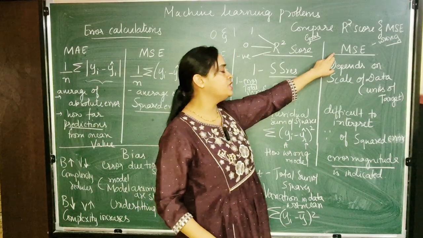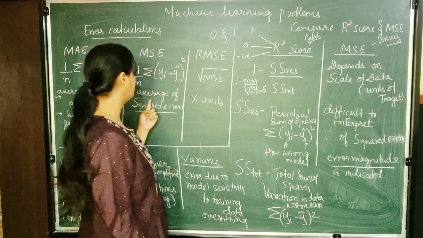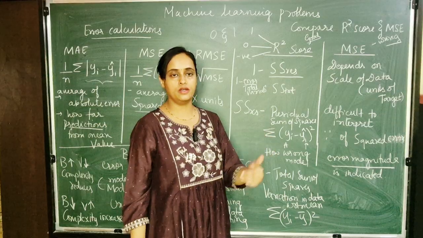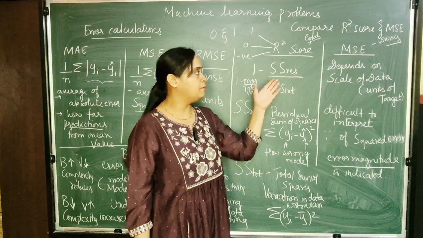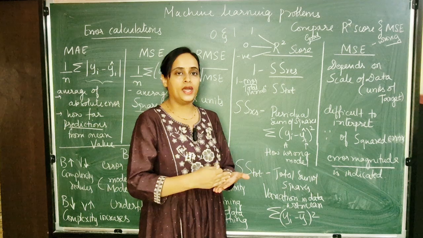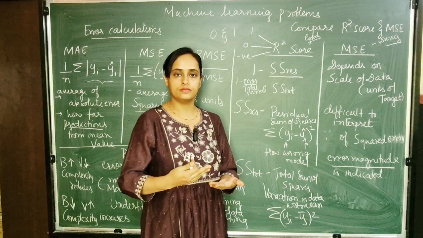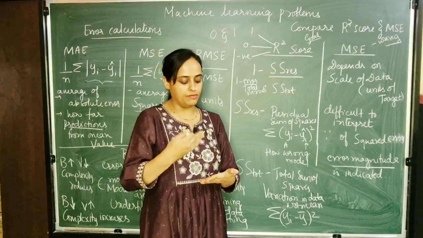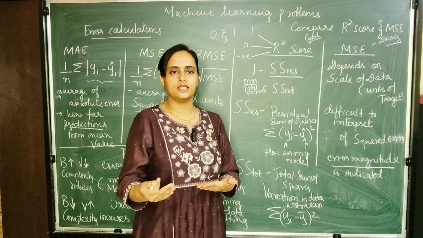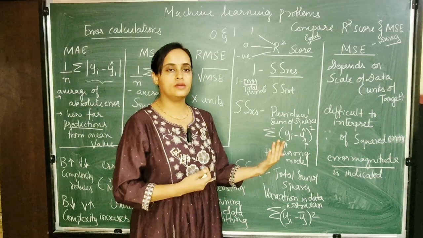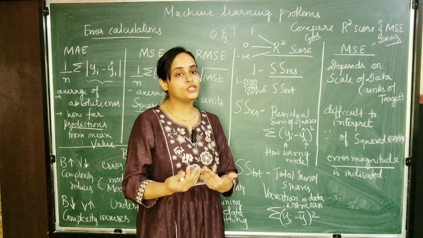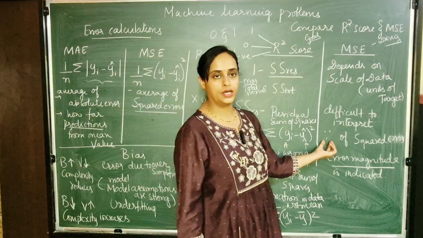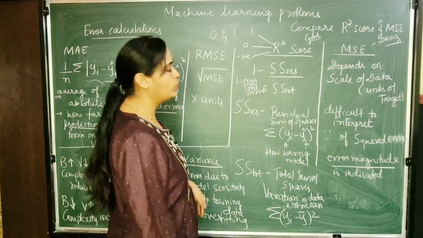But what is happening in mean square error? Mean square error is nothing but we are finding the average of squared error. If the data set is in terms of money in rupees, then in mean square error the value is getting squared. When the value is getting squared, that means it is increasing. When there is no direct relation between the data, where the data is getting squared, then we cannot interpret such data. Okay, you will understand it later when we do the problem.